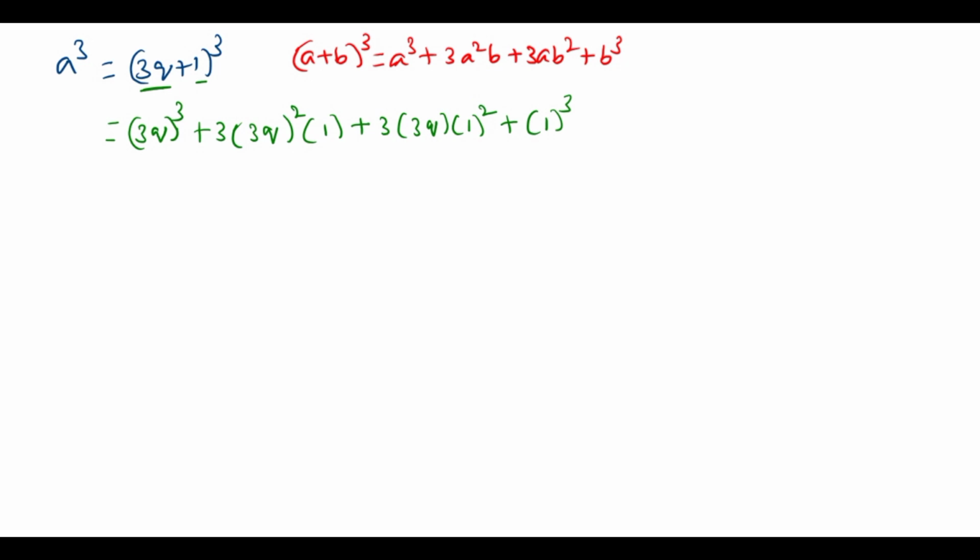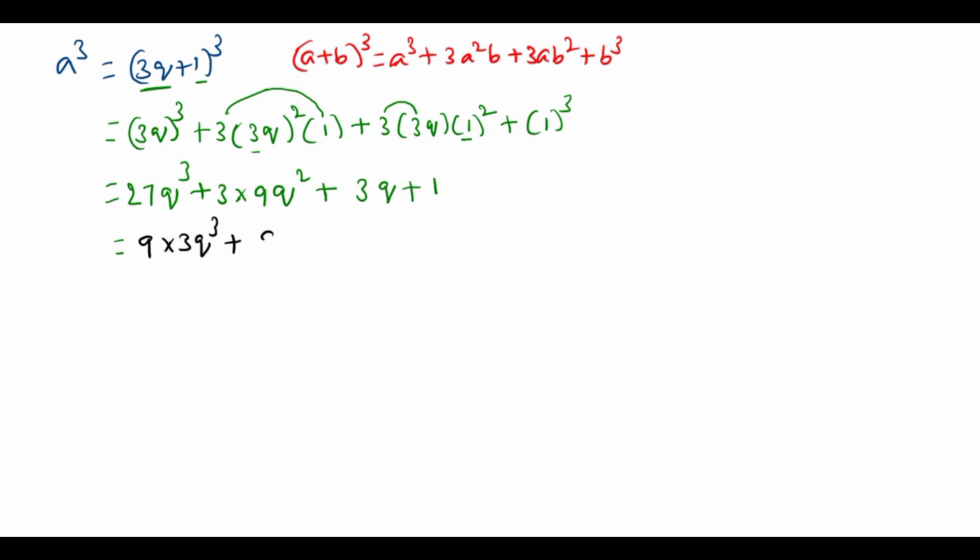So what we write now, 3 cube is 27, right? 27q cube plus 3 into 3q whole square means 9q square, because 3 ones are 3 and 3 threes are 9, okay, plus 3 into 3 is 9, 9 into q, this 1 square is 1 only, right? So 1 cube is 1. Now observe carefully, here I am going to write 9 into 3 cube, right? 9 3s are 27 q cube plus 9 into 3q square